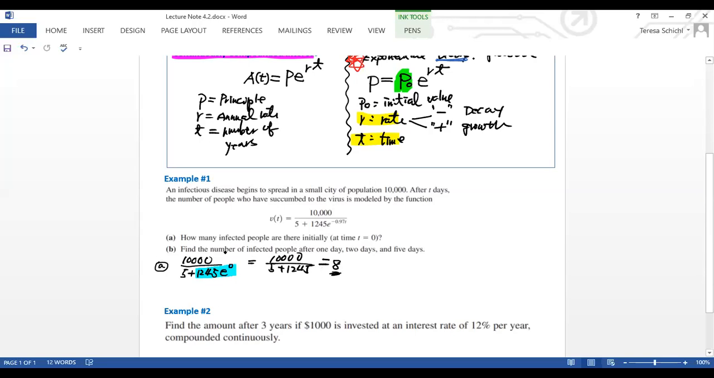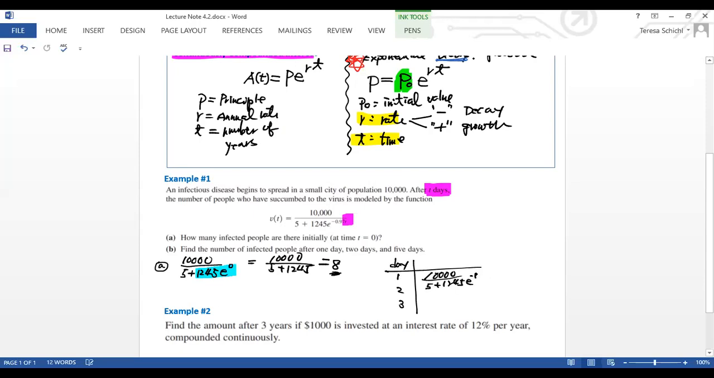Then they say find the number of infected people after 1 day, 2 days, and 5 days. Here t is modeled by the days. So let's take a look at 1 day, 2 days, and 5 days. For 1 day, you put 10,000 over 5 plus 1,245 times e to the